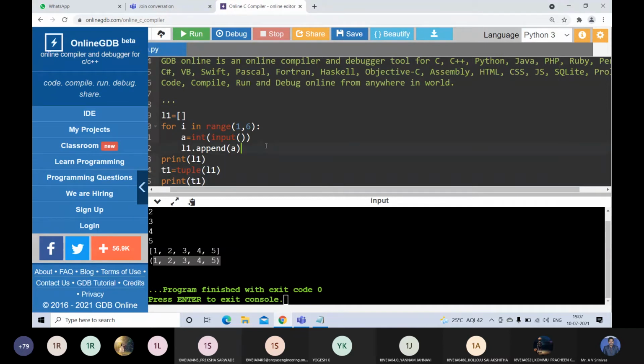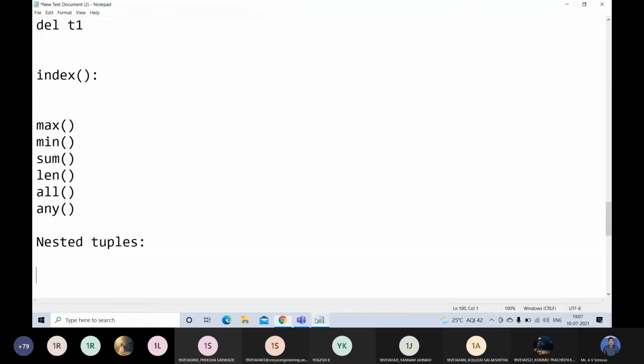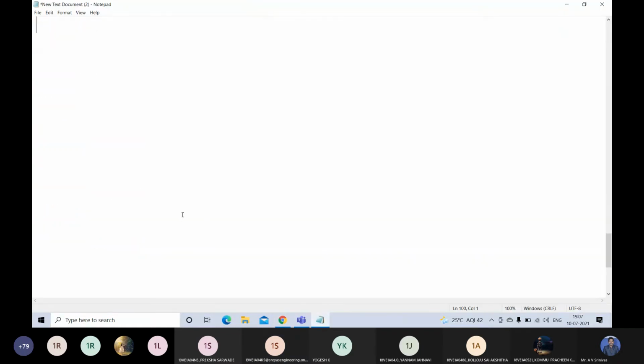First you can store the elements in a list and then convert that list into a tuple. Directly we cannot modify tuples, but taking the list and modifying the list is possible.